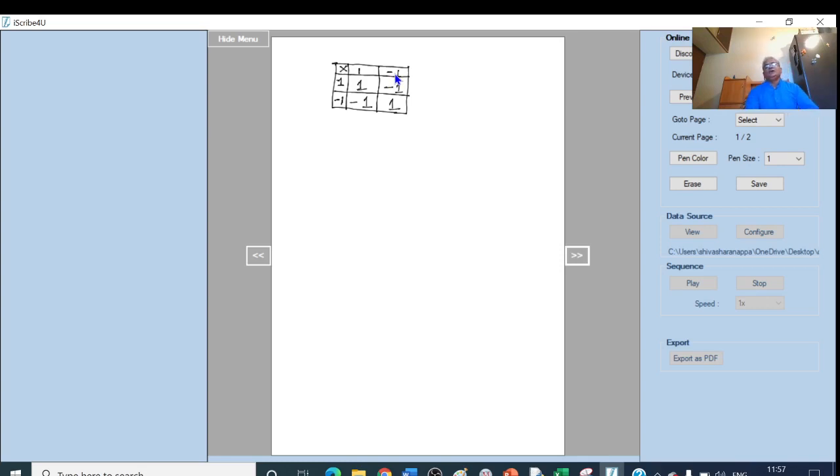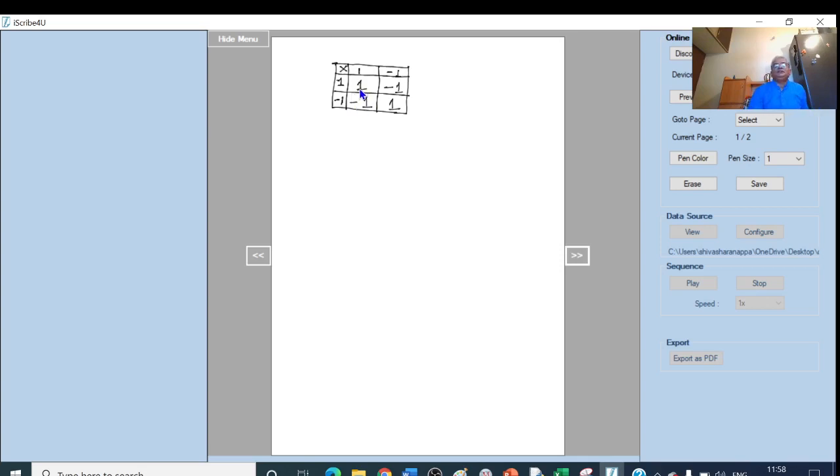And finally, for the commutative law, we have to show that AB equals BA. See, this is our AB, and this is also AB. So AA equals 1, AB equals minus 1. This is our AB. What is BA here? This is our B, this is our A. B into A is equal to minus 1. So this is minus 1, this is minus 1, and this is nothing but BB. Okay. So here we have AB equal to BA.